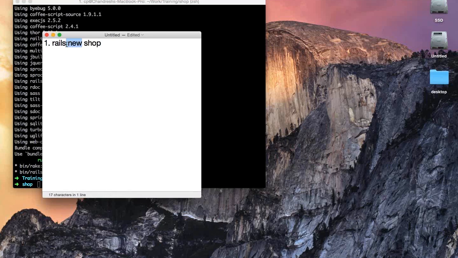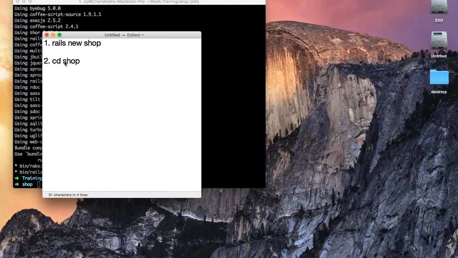New means a new application, and then shop or whatever. It could be shop, it could be app, it could be web, it could be website, it could be Twitter, whatever you want to develop, right? It's the name of the application that you're doing. And then we'll say change directory to